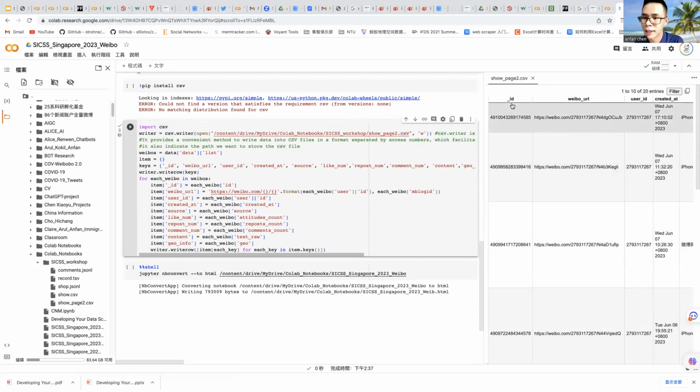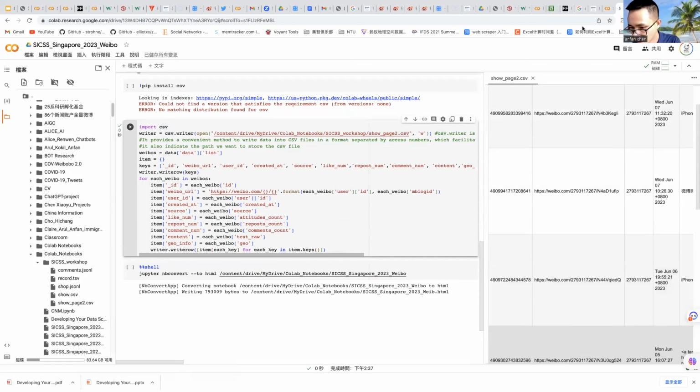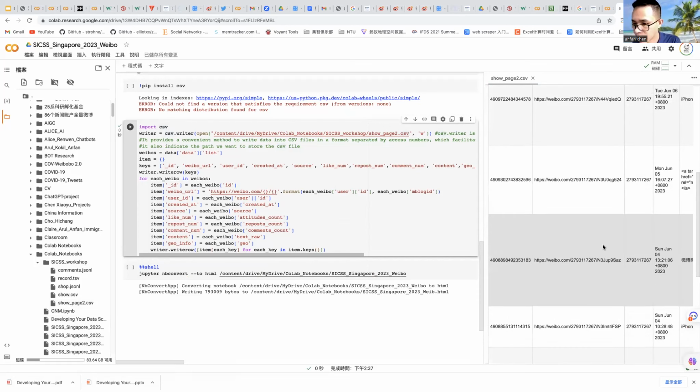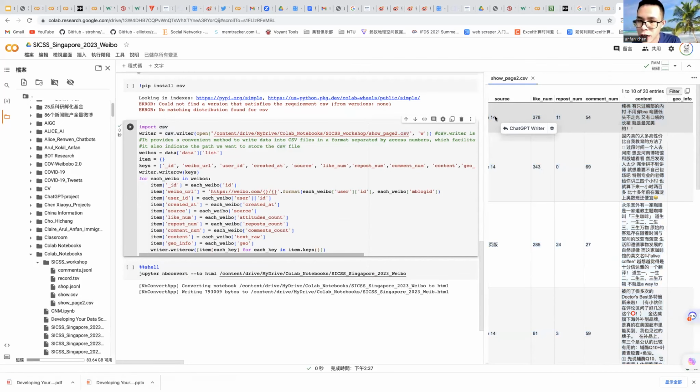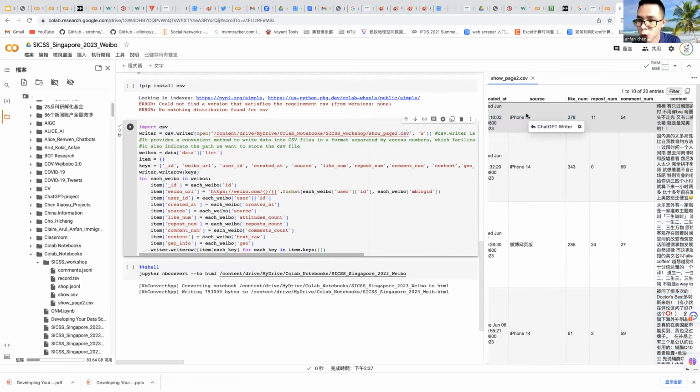The data has UID, Weibo ID, user ID, and the created time. And you will see the source. The source means which terminal, which tool the post was created with. This post was created by the iPhone 14, and the like number of this post is more than 300.